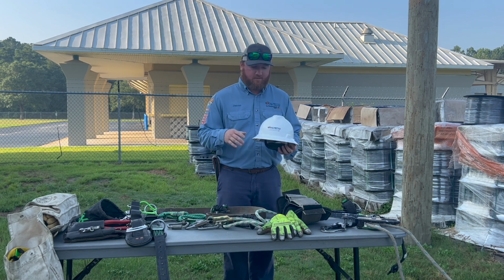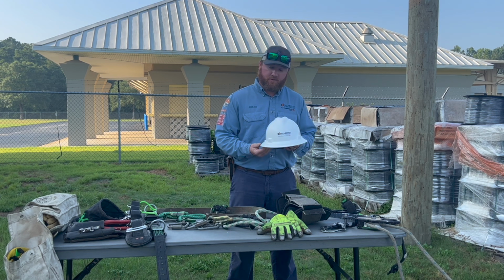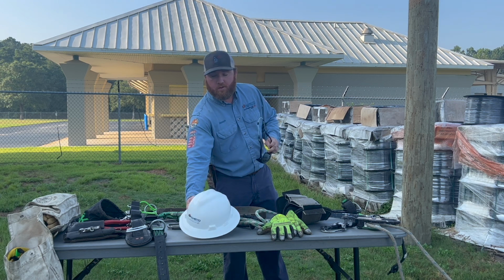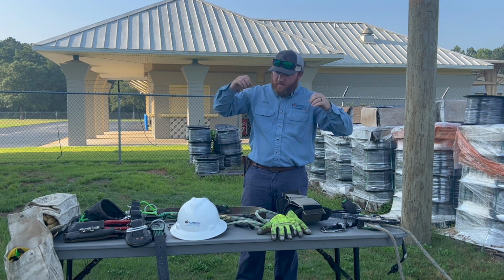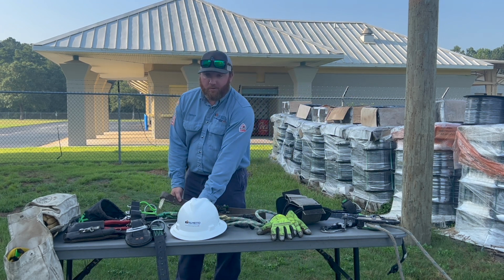First off, hard hat. Whenever we get out of the truck, it's the first thing we put on. We also wear safety glasses every day. That's normally one of the first things that we put on. And whenever we're climbing a pole, to keep us 100% safe,